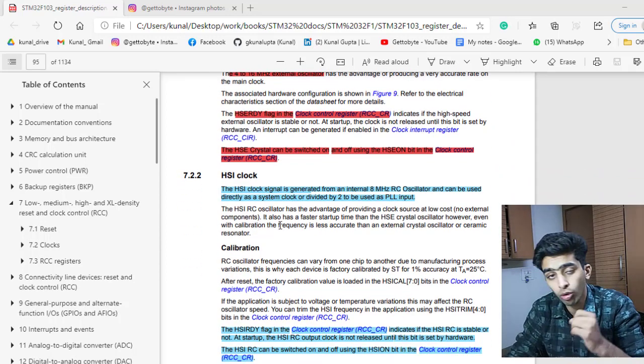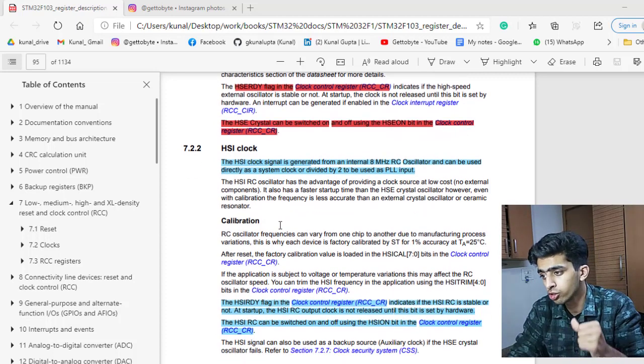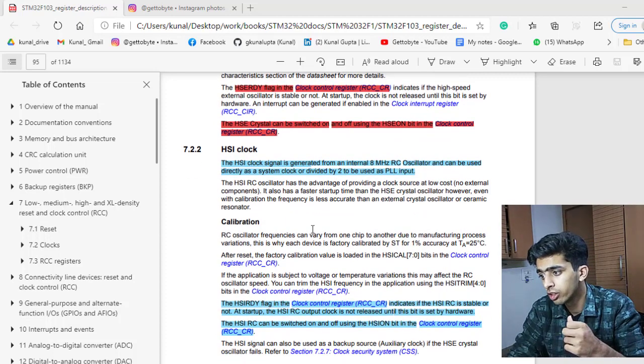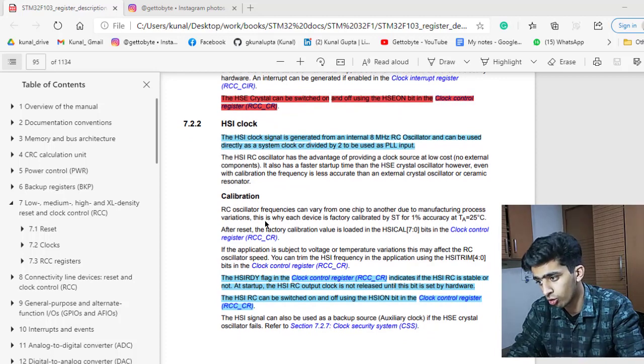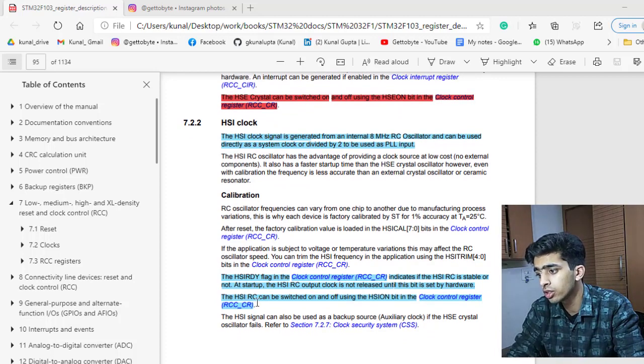Now if you are powering your microcontroller, your system clock, with the HSI, then you have to do its calibration correspondingly. Like we have to set the HSI RC, which can be switched on from the HSI ON bit in the RCC_CR register, and monitor this HSI RDY for its stable condition.